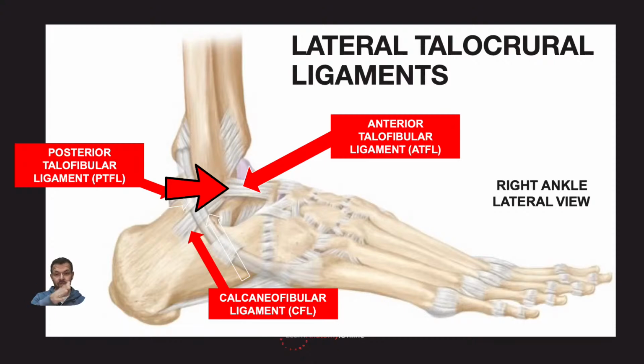So it's on the lateral side, which is the outside, and we've got basically a bony lump. Again, last week we were using that as a landmark to find other bony landmarks. This time we can use it as a landmark to palpate ligamentous structures. So if we have a look at the ATFL, it comes off the front of that fibula, attaching onto the talus just there. So the only way that you're going to stretch that